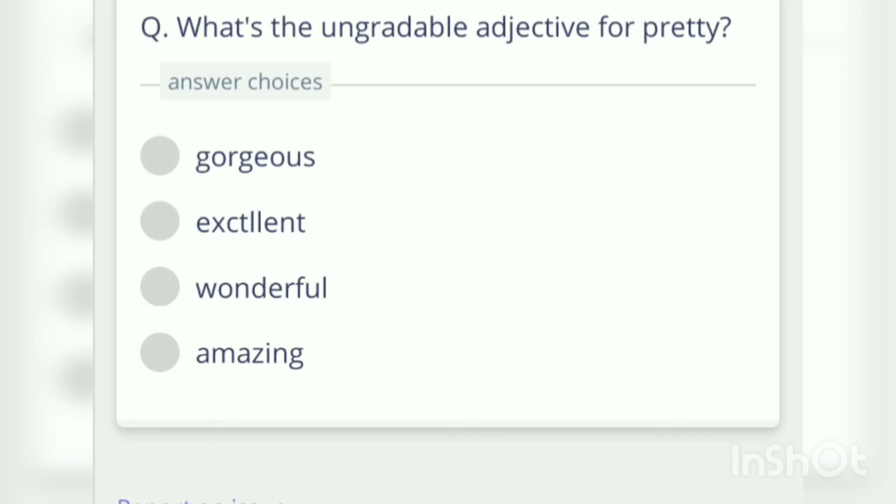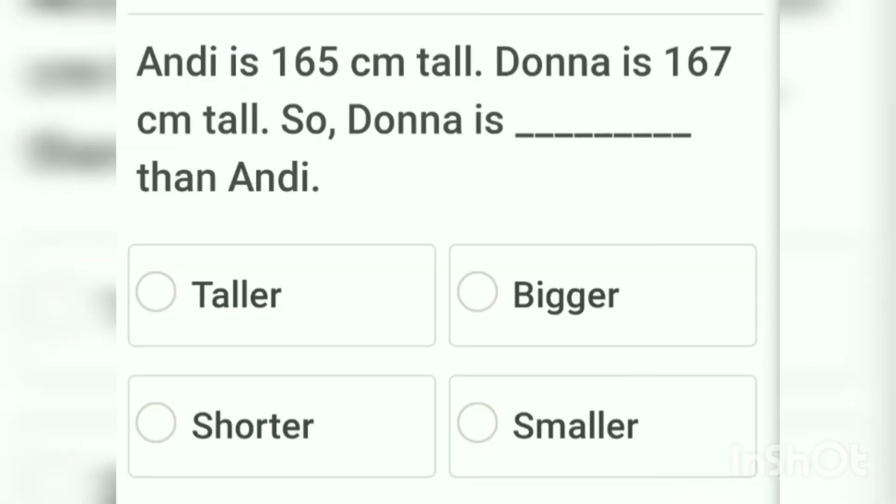Right? Children, I have an assignment for you. You have to note down and write down the answers. Yes,